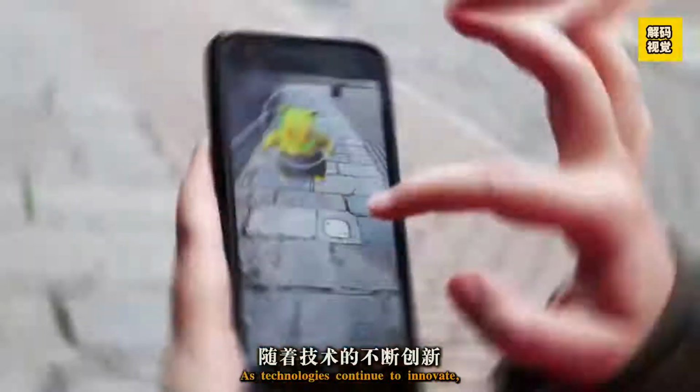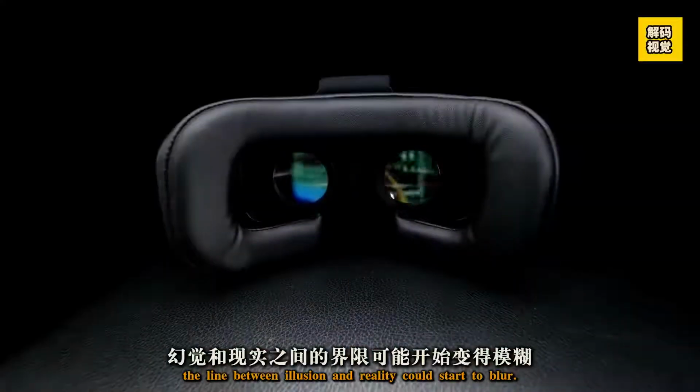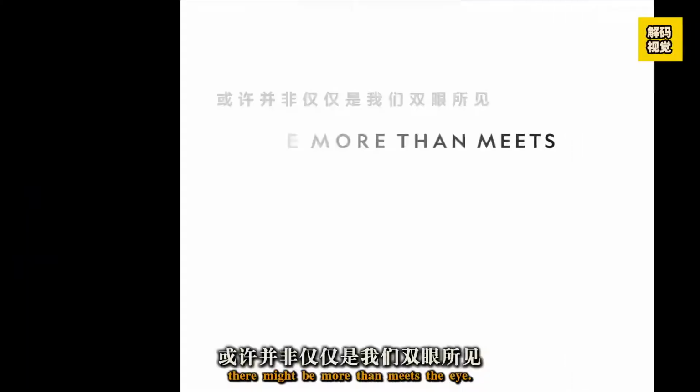As technologies continue to innovate, the line between illusion and reality could start to blur. And when it comes to how we see the world, there might be more